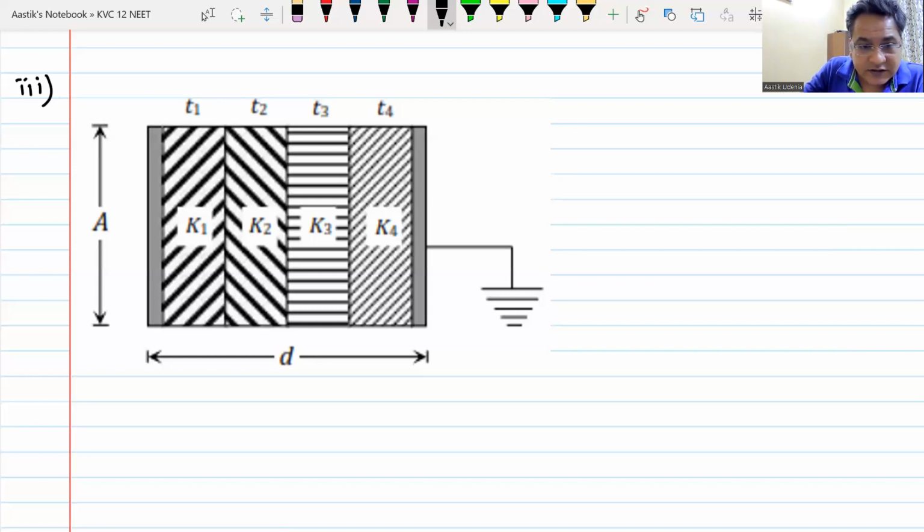Different dielectrics, there also it was different. In that previous example also the dielectrics were different, K1, K2, K3, K4, and the dielectric constants and thickness were also different, T1, T2, T3, T4. What is the difference between this one and that one? Anyone? No one? Well, the difference is in the previous question, if you see,